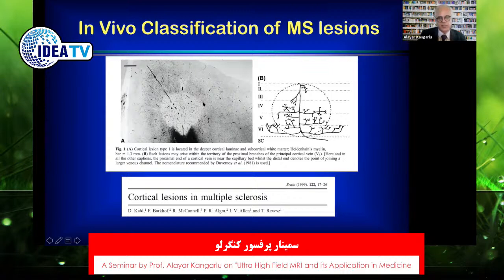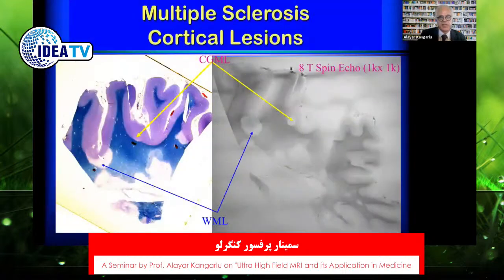Therefore, there is no correlation between disability and the lesion load. And if we had a way of detecting them in vivo, it would really help neurologists in terms of management